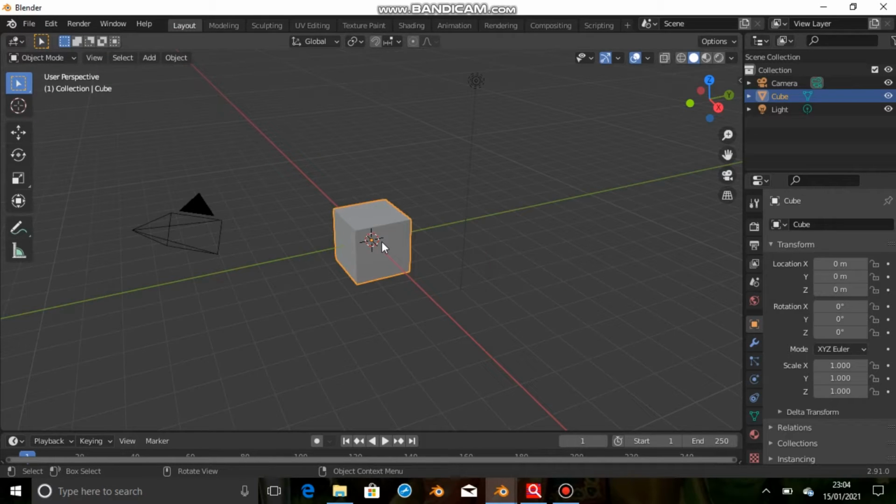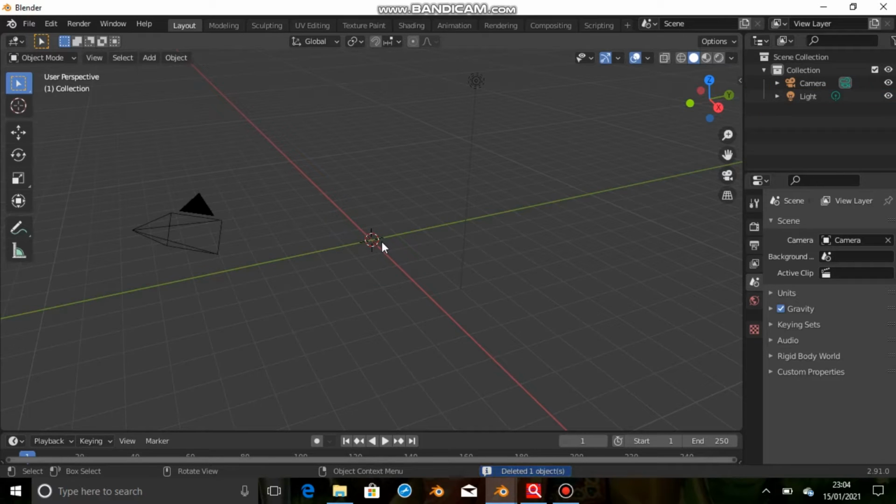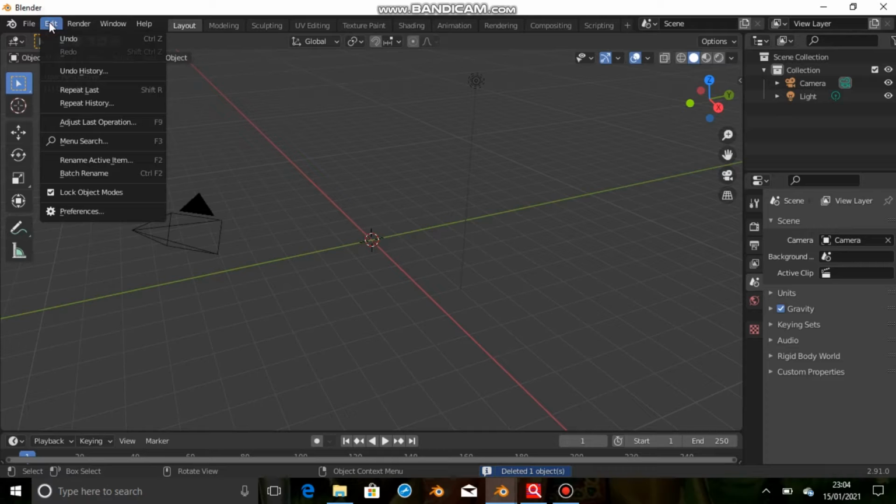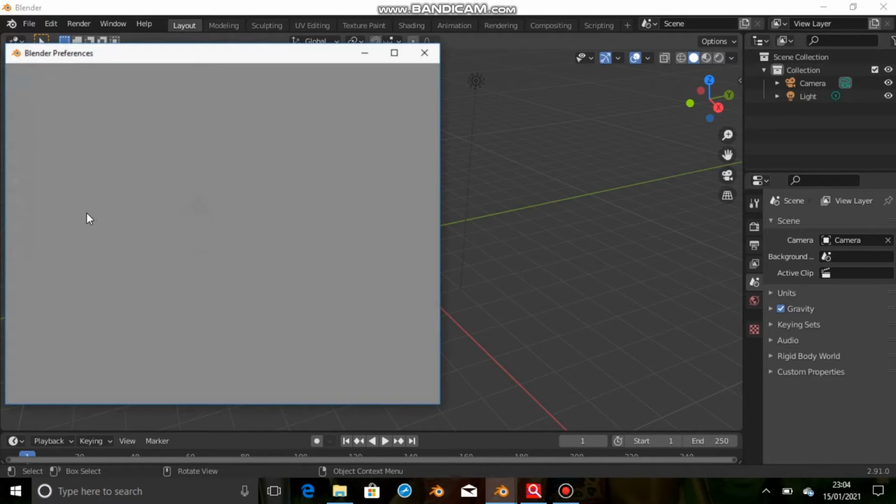So here we have the default cube present. We don't need a cube for creating a Christmas tree. So I hit the X button on my keyboard and delete it. And after that, going to the edit menu, in preferences,